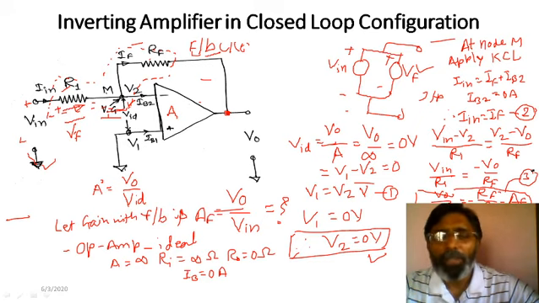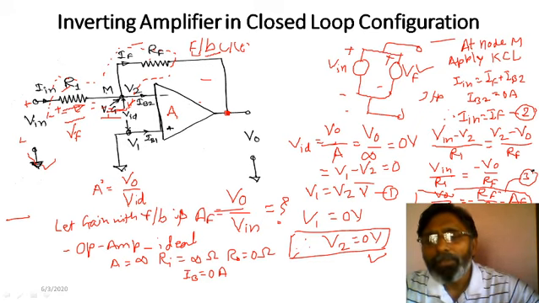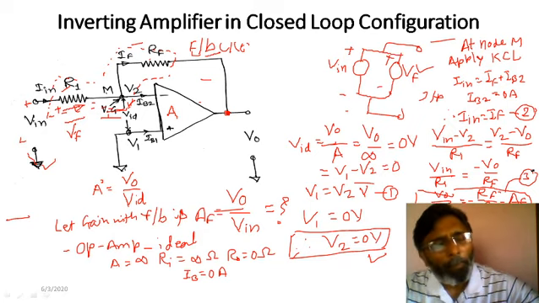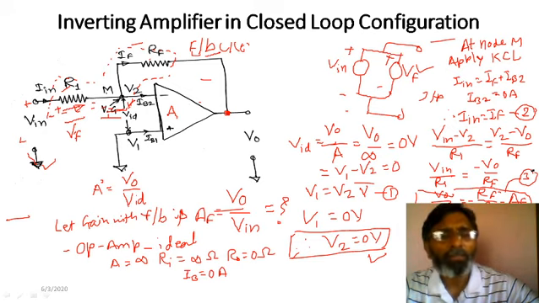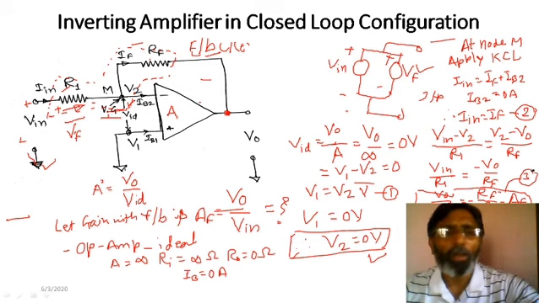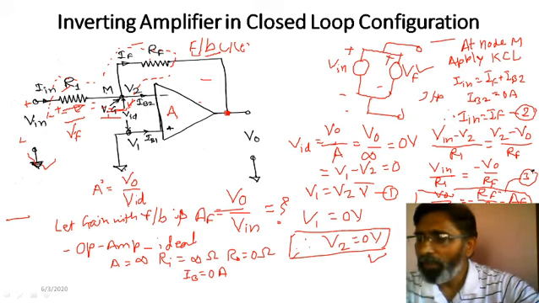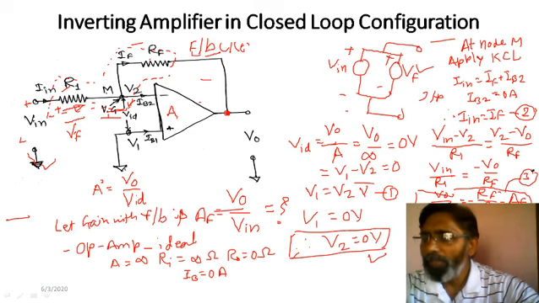Now the next important point is this RF upon R1: you can adjust the gain by choosing proper values of RF and R1. This value of the gain AF is very less as compared to the gain A, and as this gain is less, your linear range of operation will be wider, your bandwidth will also be wider, and in this way all those drawbacks will be overcome. So this is the inverting amplifier.